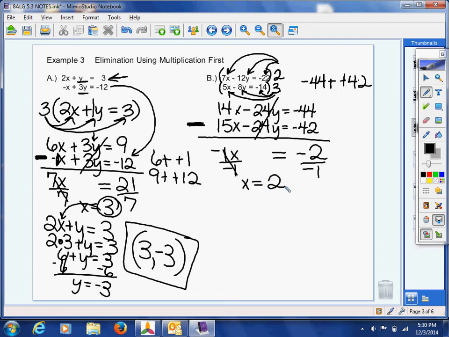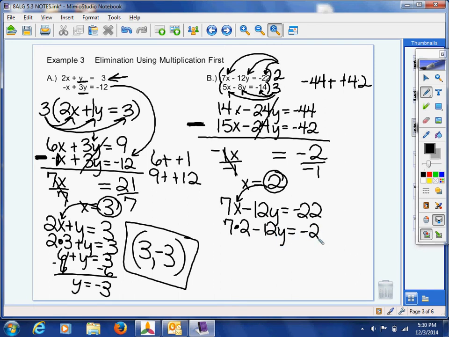Halfway there, just pick one of them you want to plug into. I'll take that top one. That's fine. It doesn't matter. You choose whatever looks easier to you. And plug in. And we've got 7 times 2 minus 12 times y equals negative 22. Remember, 7 times 2 is 14. And then from here, it's a